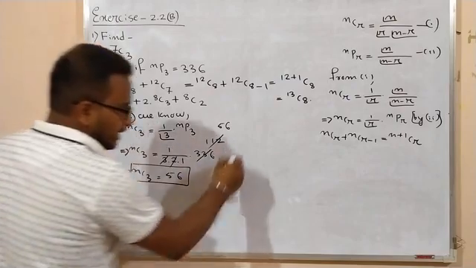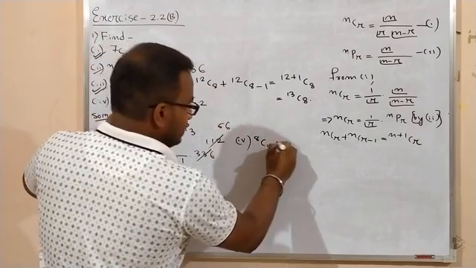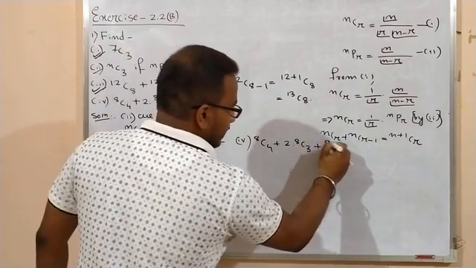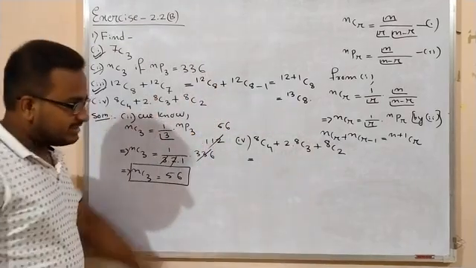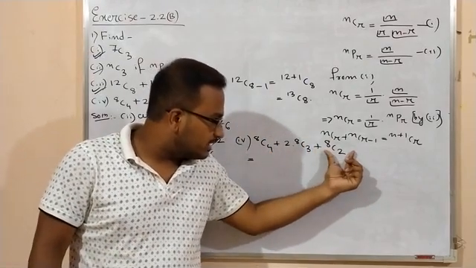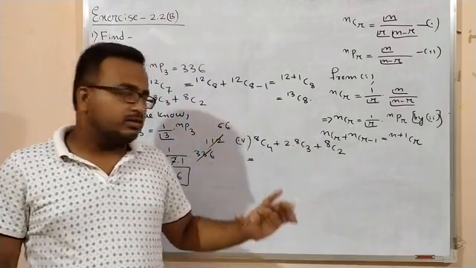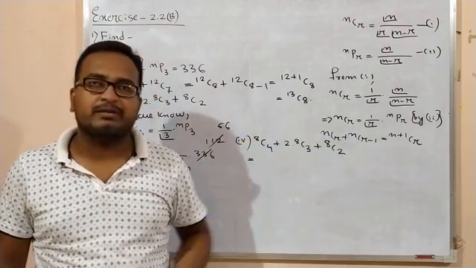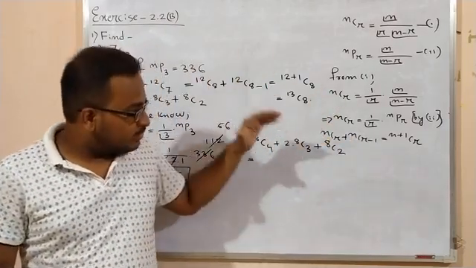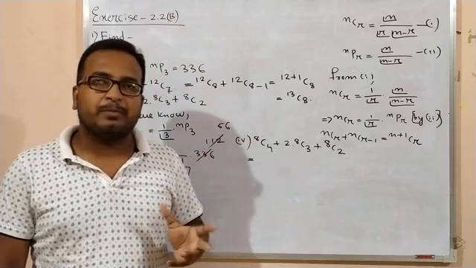The next, number 4, so let us do number 4 here. Number 4: 8C4 plus 2 into 8C3 plus 8C2. So with this type of problem, what do students do? First they calculate this, then calculate this, then calculate this, and then sum up these three values to write the final answer. But that is not how it is done, you have to use the properties that have been given properly. Those who can use this property in a proper way can solve the problems of combination in a very easy way. So try to apply these properties in a proper way.